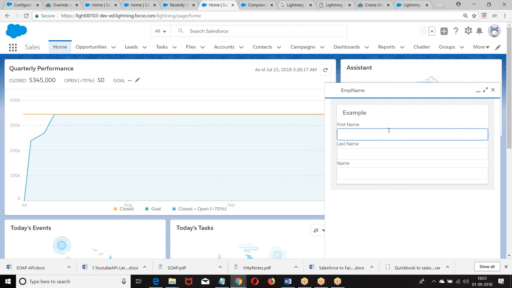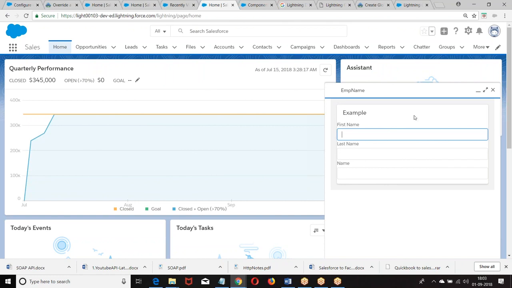Once you click on that, the component is invoked. On the component you can define events. On the component you can call a controller. On the component you can apply logic. Rest all the things are going to be the same way what we have done till now. Are you clear with this? Rest all the things are going to be exactly the same.